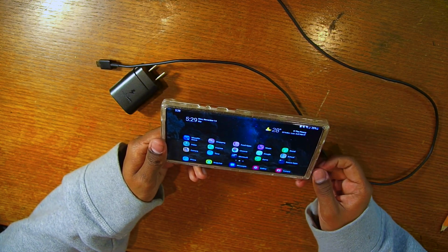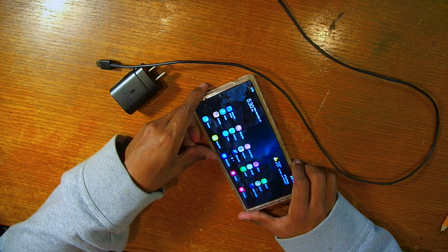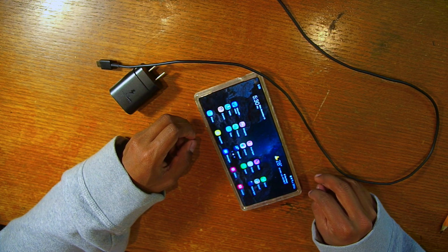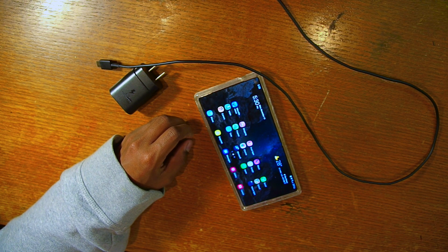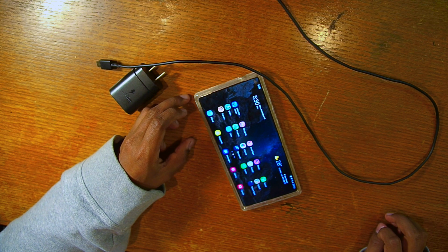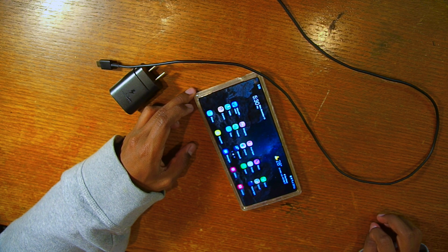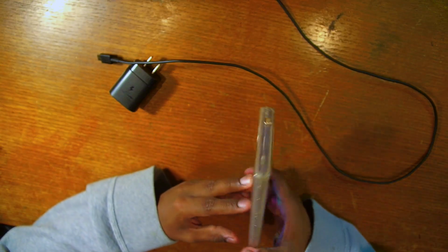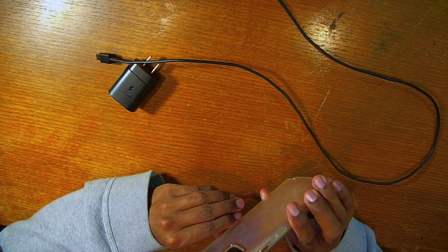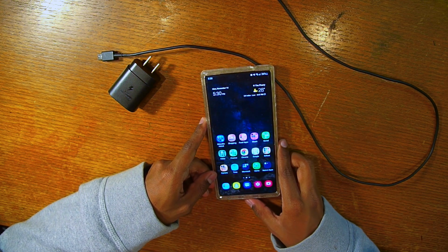So that's something that's really special on this phone, that almost no phones have. Maybe a couple of Motorola phones, but I think very few phones do it like Samsung does. Another thing is it's HDR10 plus, so you're not really losing any resolution when it comes to video watching or anything like that. And water resistant up to 5 feet, so that's pretty great. So if you're looking for a decent phone, around Black Friday I think it would drop to